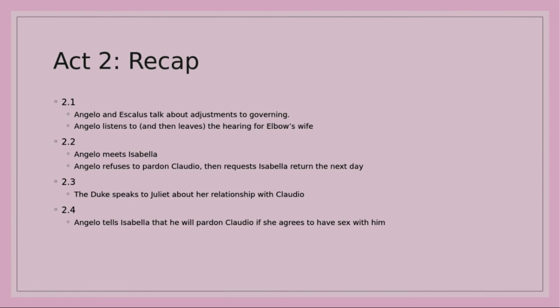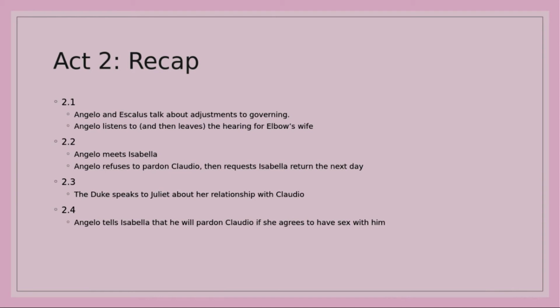We find out later that he has been engaged with Mariana before, but that whole thing was purely financial, right? And we can see that in the way that the Duke talks about it in Act 3, right? So this whole attraction is very, very new to Angelo. And you see that conflict in 25 lines at the end of Act 2, Scene 2. All right. So we have that.